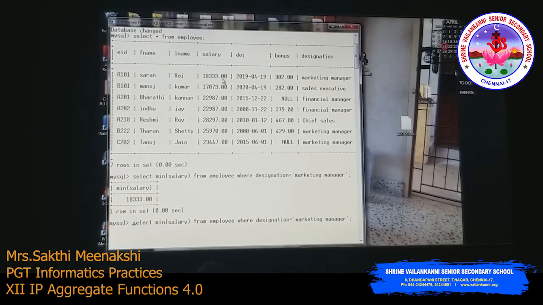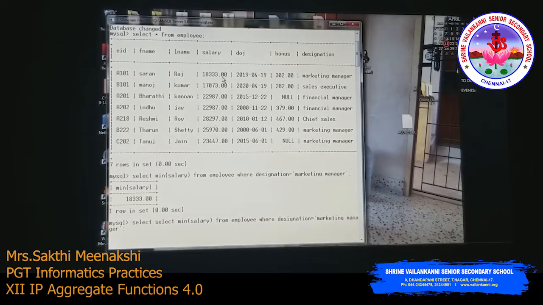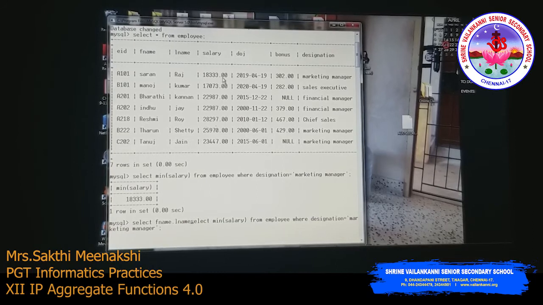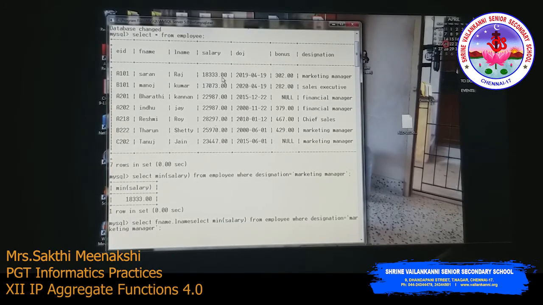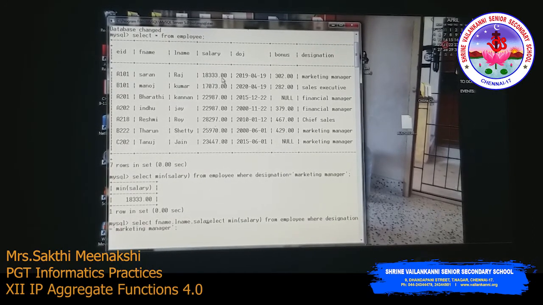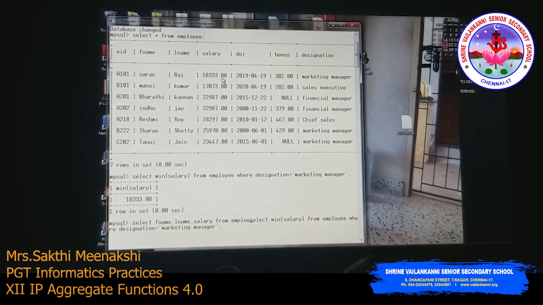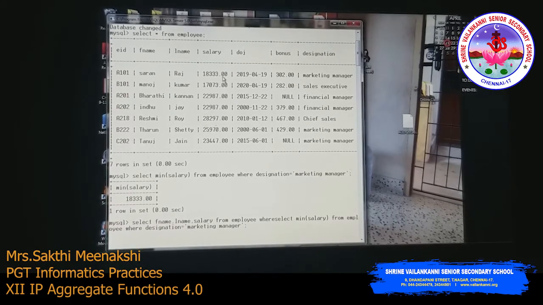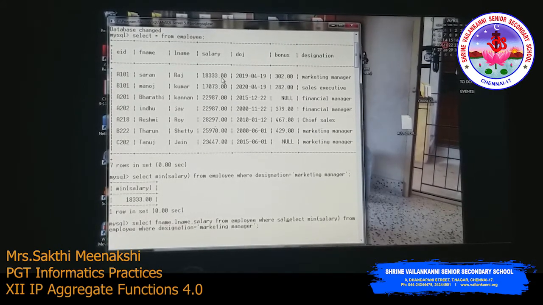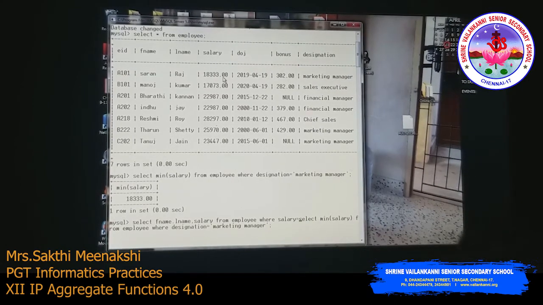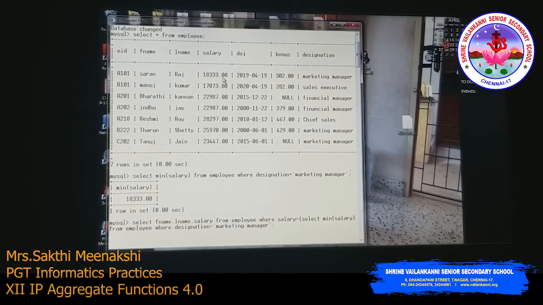If you want to display the person, you have to use it as an inner query, right? Nested query. So we have to use select f name, comma, l name, comma, salary from employee where salary equals to, and this one you have to enclose within the bracket.